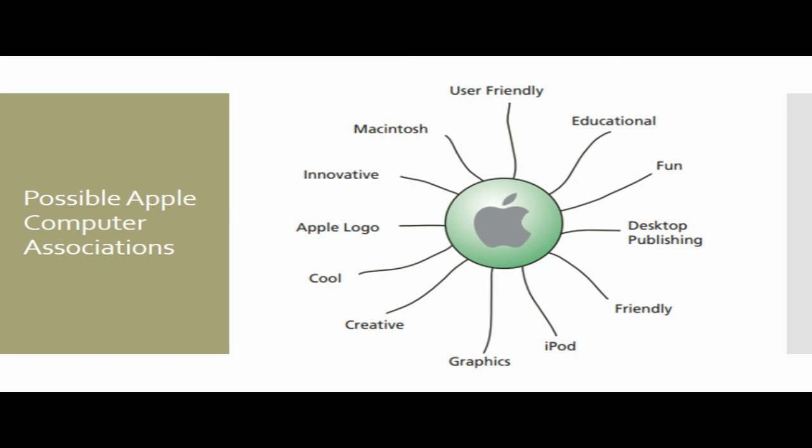Whereas Mercedes-Benz has achieved strong associations to performance and status. Volvo has created strong associations to safety. So different types of associations, and the sources of brand equity, we'll learn in the next lecture.